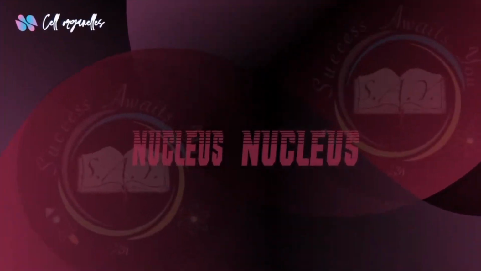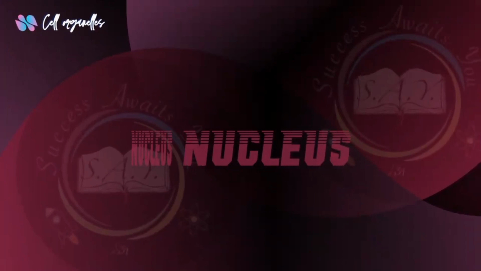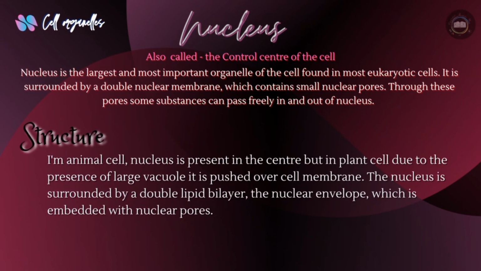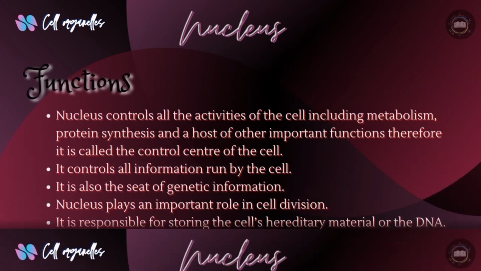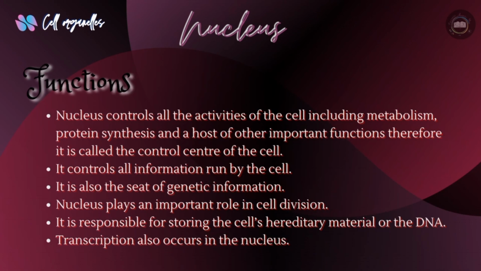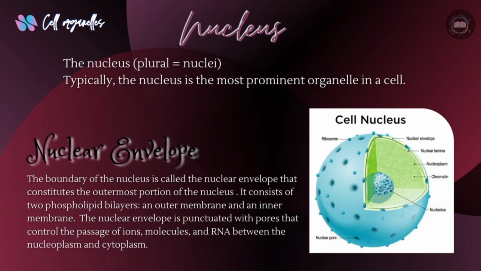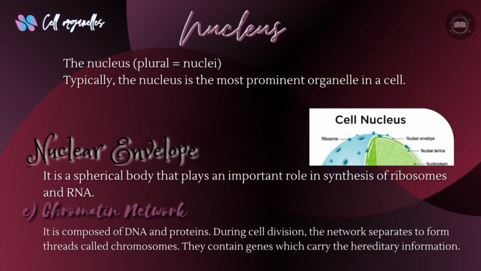The main difference between the prokaryotic cell and eukaryotic cell is the presence of a nucleus, and in eukaryotic cells, DNA lives in the nucleus and directs the synthesis of ribosomes and proteins. The nucleus is the control center of the cell which stores the genetic material DNA. It is the most evident organelle in the cell, and happens to be the home for some important cellular processes. The nucleus is surrounded by two phospholipid bilayers. The boundary of the nucleus is called the nuclear envelope, which is embedded with nuclear pores which allow substances to enter and